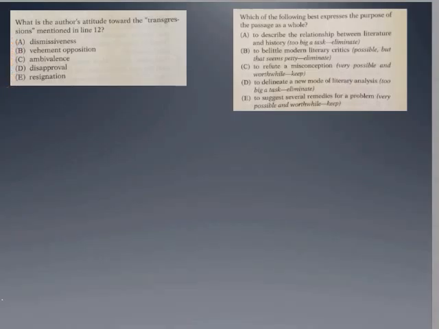Now, even if you have not read the passage, in inspecting the answer choices, you would not pick B. Can you guess why? I want you to pause the video now and think about it. Why would you not pick B? Okay, here's the answer. If you did choose B, vehement opposition, you are actually automatically choosing D, disapproval, because vehement opposition does mean disapproval. So we kind of cheated our way through, much like in physics problems where we ignore